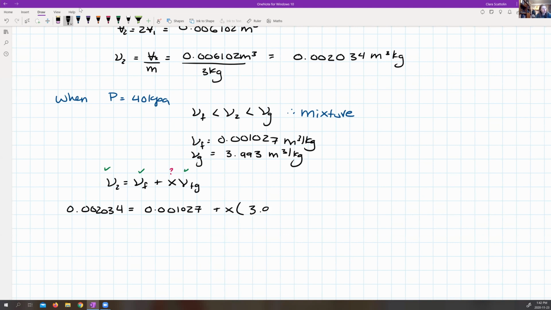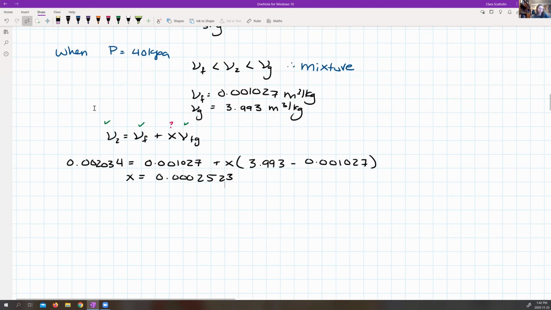So 3.993 minus 0.001027 will give me a quality of very small. So 0.002523. So like 0.02%, very small, okay? It's very, very small. Meaning that the mixture is predominantly made from water, right? Because we know that a quality of 0 is water. All right, now that I know my quality,